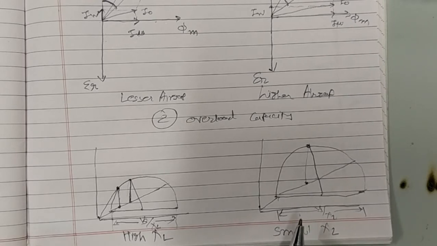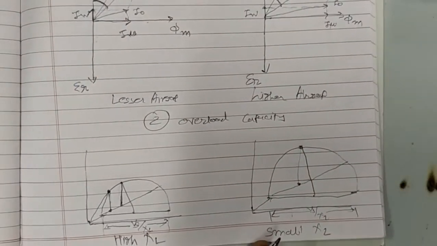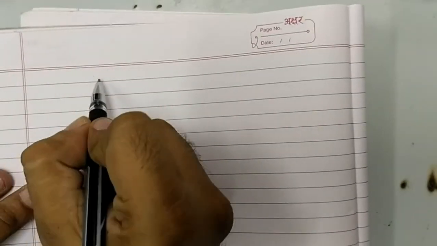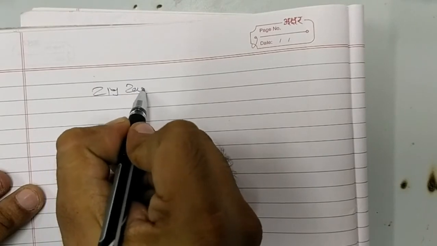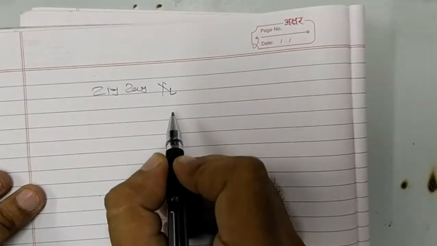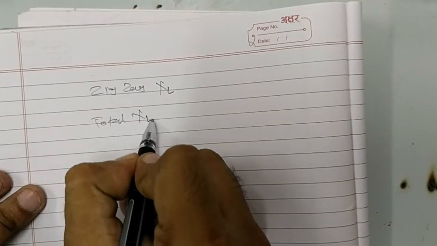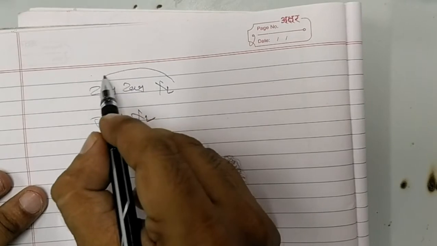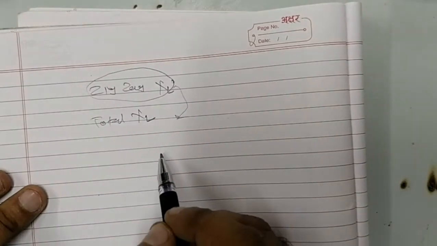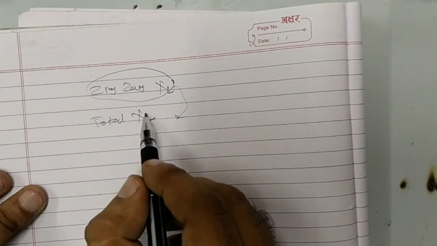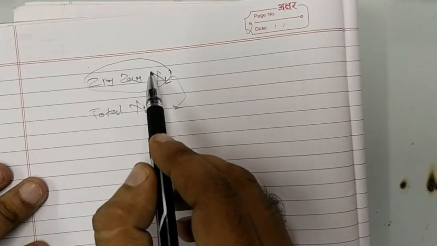The length of the air gap affects the value of the zigzag leakage reactance, which forms a large part of the total reactance. Now what is this zigzag leakage reactance? It is a new term for you. Actually our total XL, the total leakage reactance, has one small part as a zigzag leakage reactance. Of course the total XL is bigger, but one part is the zigzag leakage reactance.